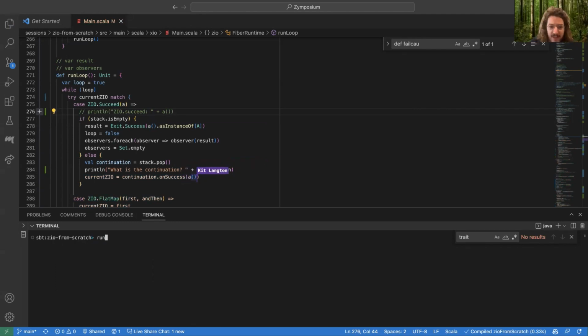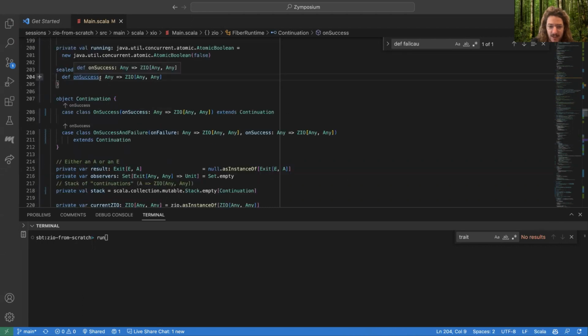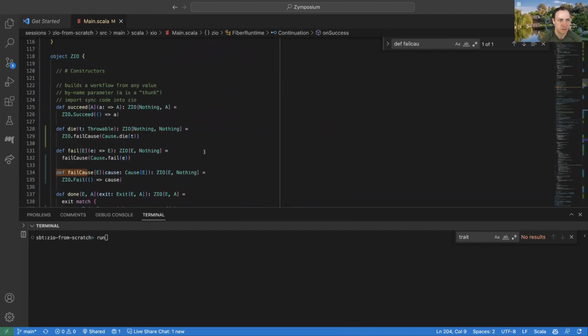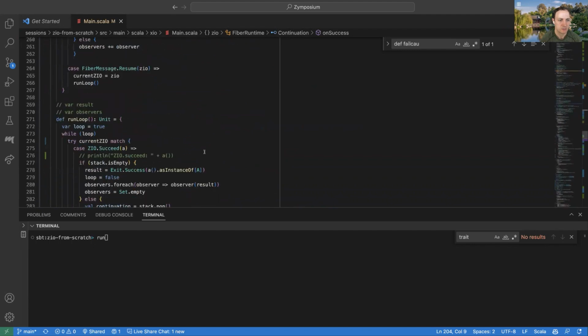Well, in here, we're doing it inside of continuation onSuccess, which might be putting that inside of another thunk, right? Does onSuccess take a thunk? Oh, no, I see. So let's extract that out. Can we run it one more time real quick?